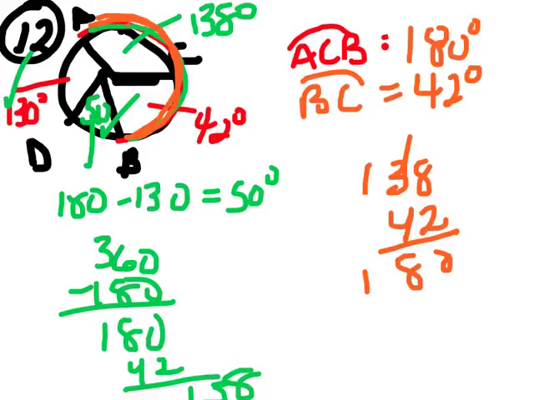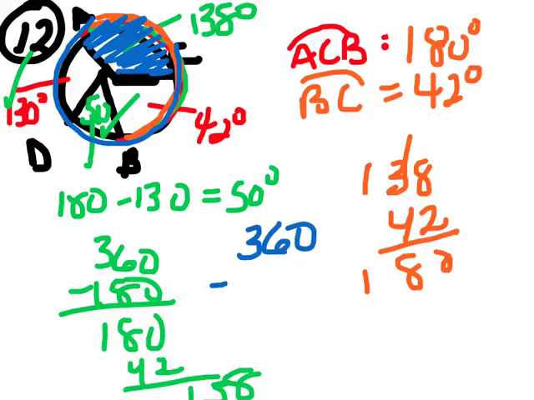Well, if you look, let me draw it in a color so we can see. They're just asking us for ADC. Isn't that the whole thing except for this arc? Right? If I took this out, it would be the whole thing, right? So 360 minus that big arc 138, which would be